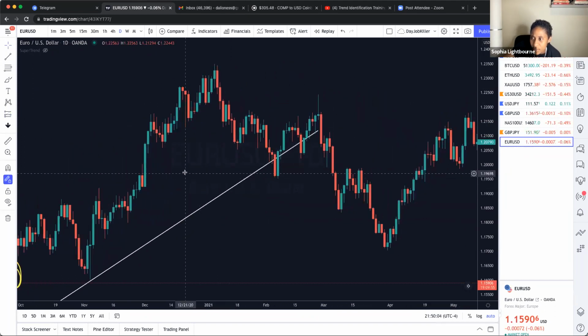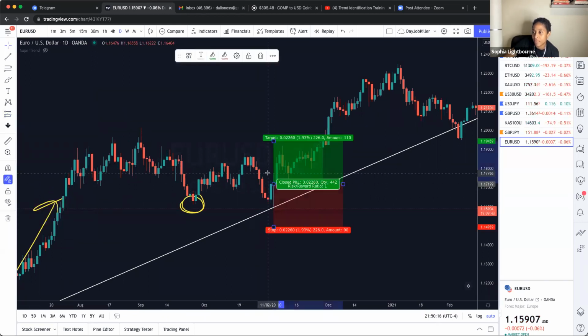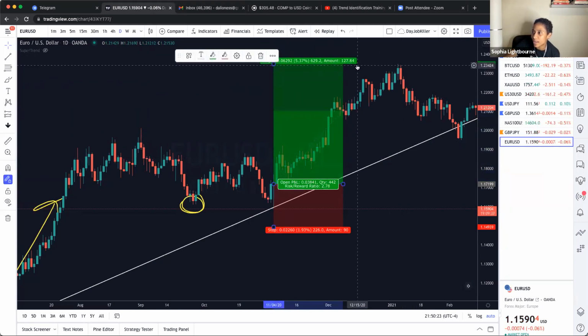Let me zoom in so y'all can see. Okay, let's say price hit our trend line and you see it about to shoot up. And let's say you wait for the candle to close and the candle closes right here. And you enter right here, boom. You could have caught this, if you took it all the way to that wick, if you rode it out, that's